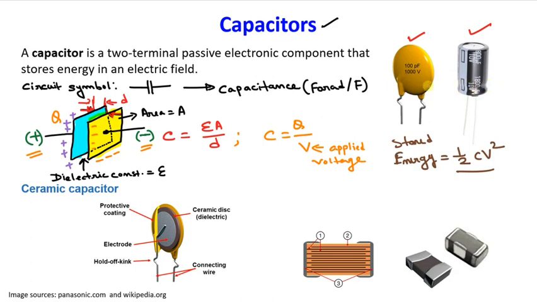So let us discuss one by one. First, start with the ceramic capacitor. In ceramic capacitors, a ceramic disc will act as a dielectric between two electrodes. Let me show the electrode here. Yeah, this is the electrode, right, which is a metal, and this electrode is connected with the connecting wire. There is one more electrode on the other side. We cannot see it from this image, right, and it is connected with the other wire. And this type of capacitor is called the disc type capacitor.